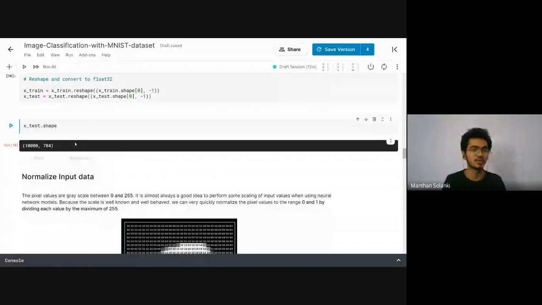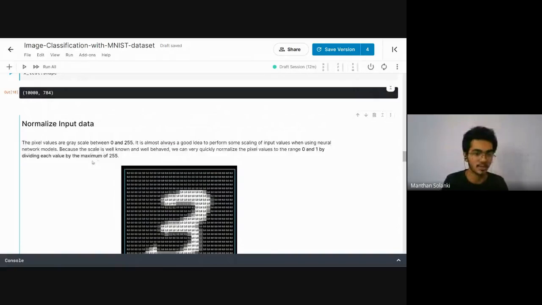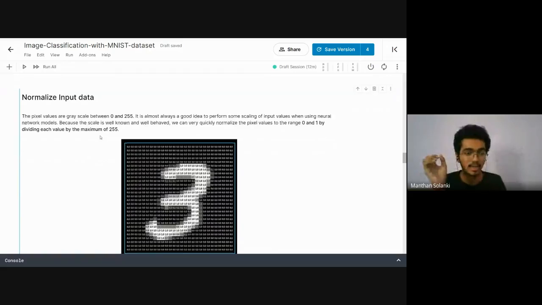The next step is to normalize the input data. We know that an image is a form of matrix, and each matrix has data from 0 to 255. Every channel has a value of 0 to 255, but we need to normalize this data into a common form. In this example we will divide our data by 255, so we will get values from 0 to 1.